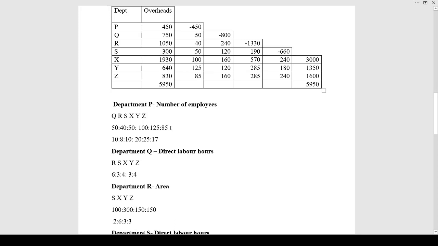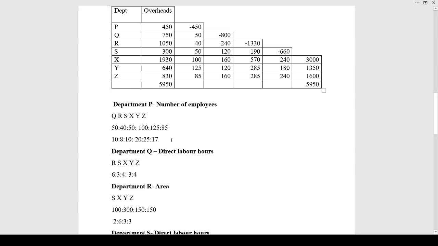So this can be simplified. When you simplify it, that is divided by 5, we get the ratio 10:8:10:20:25:17. If you do not simplify it, then also we can distribute it. Why? Because the total of this comes to 450, so easily we can distribute. The same values we need to write down. Usually whenever there is a ratio, we simplify it by dividing it by a common factor. So in this case we can simplify it by dividing it by 5, that is 10 is to 8 is to 10 is to 20 is to 25 is to 17.